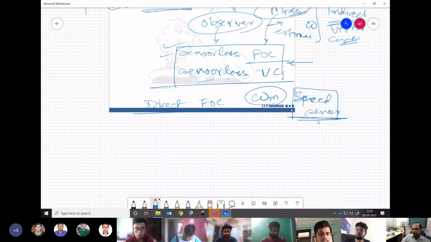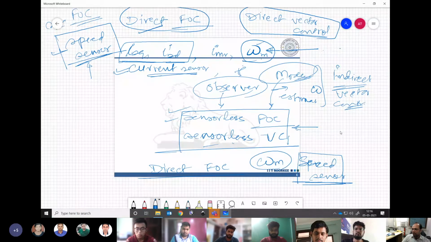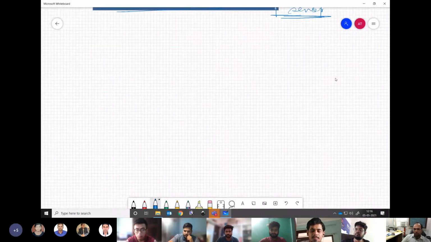Any confusion between the direct or indirect vector control or sensorless or sensor vector control? Understanding my point, right? What is there, what is not there, this you have to be very clear. Someone saying sensorless vector control, which means what is not there? That is the speed sensor is not there or speed encoder is not there. Somebody is saying direct vector control, which means we have information about omega directly from the speed encoder. These terms are very much clear to you, right? There is no confusion in that. Fine. Yes, sir. Good.